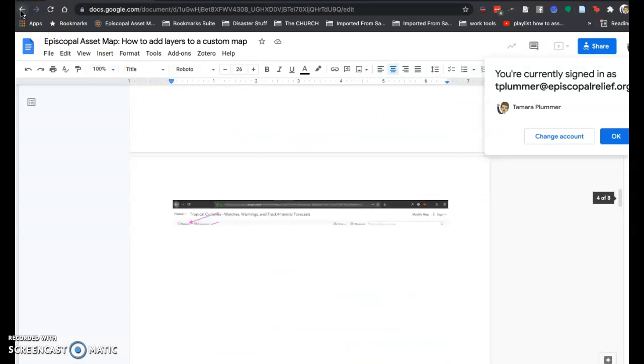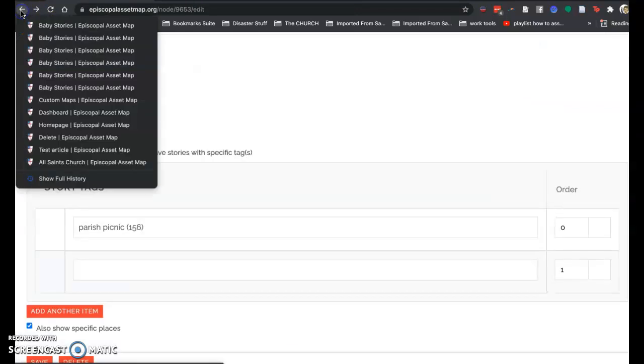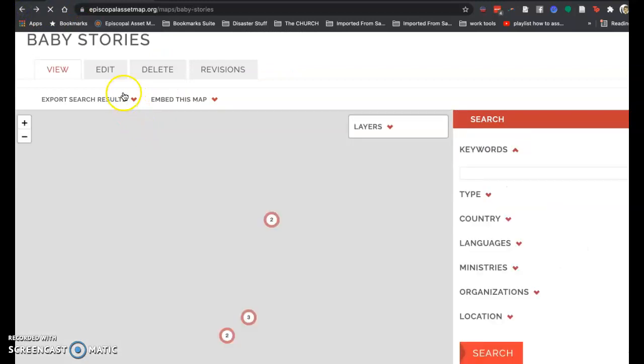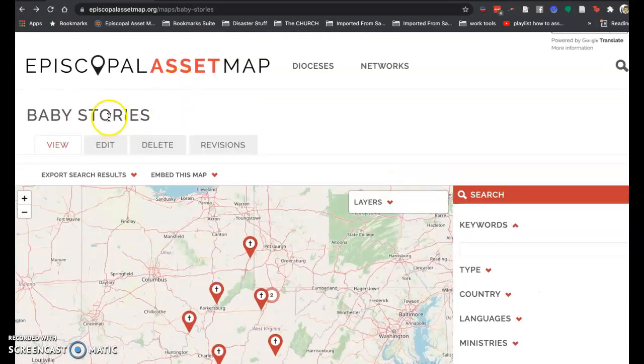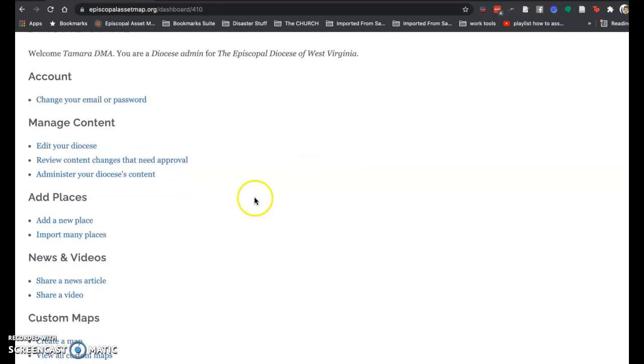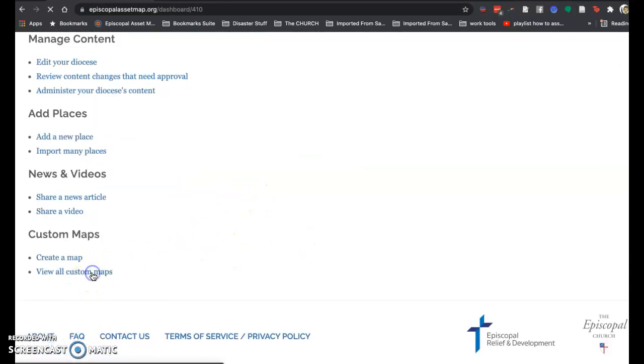What does that mean for us as the Episcopal Church is that we can now see storms. We can see information about environmental justice. So you can see particulate data for your area,